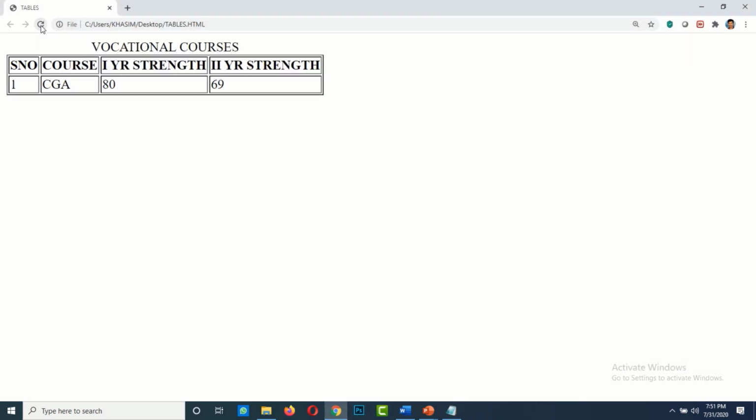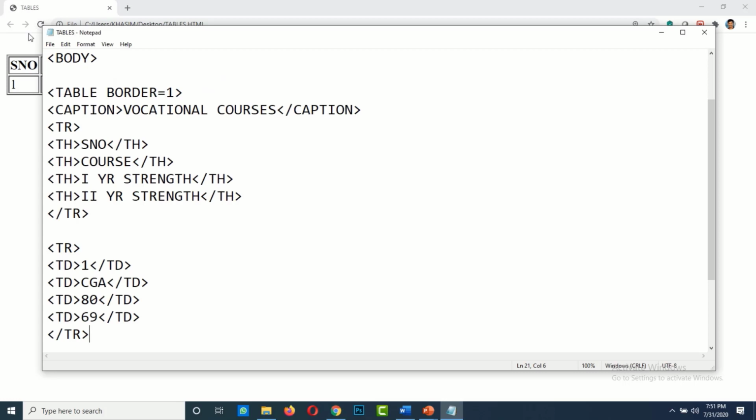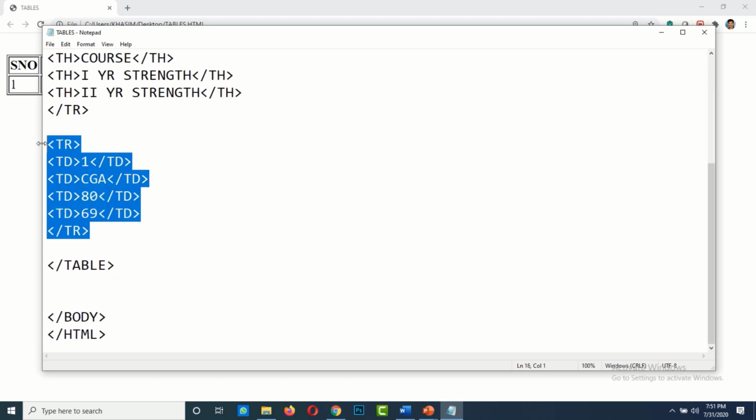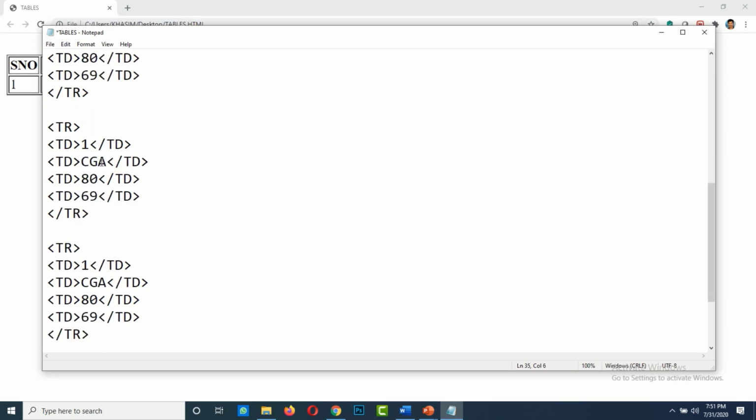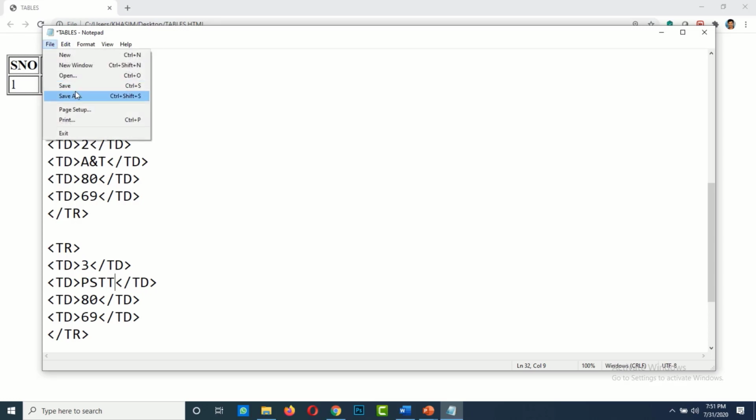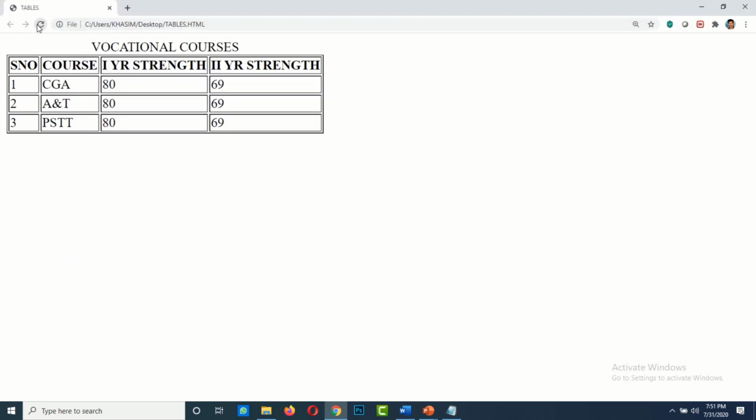We have created one more row. Now copy this code. Serial number 2, ANT course. Serial number 3, PSTT course. Now save this. You have a total of 4 rows in your table.